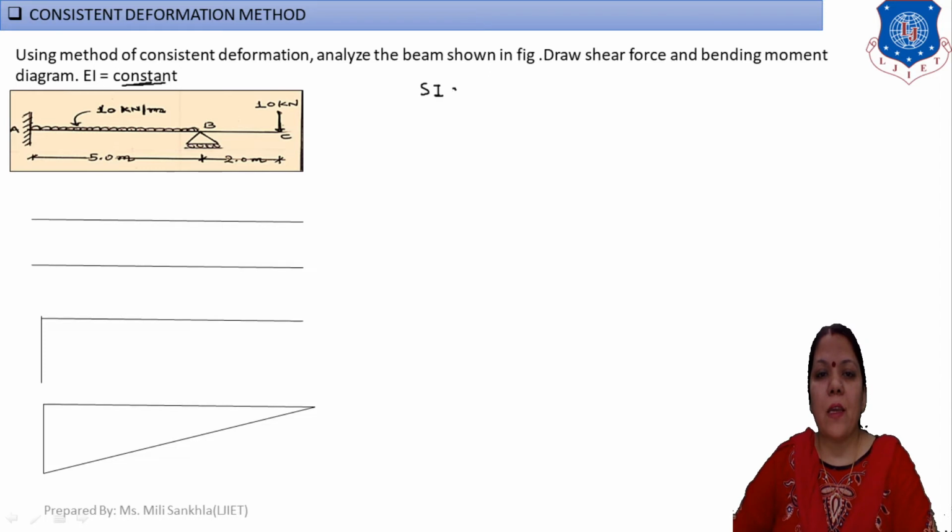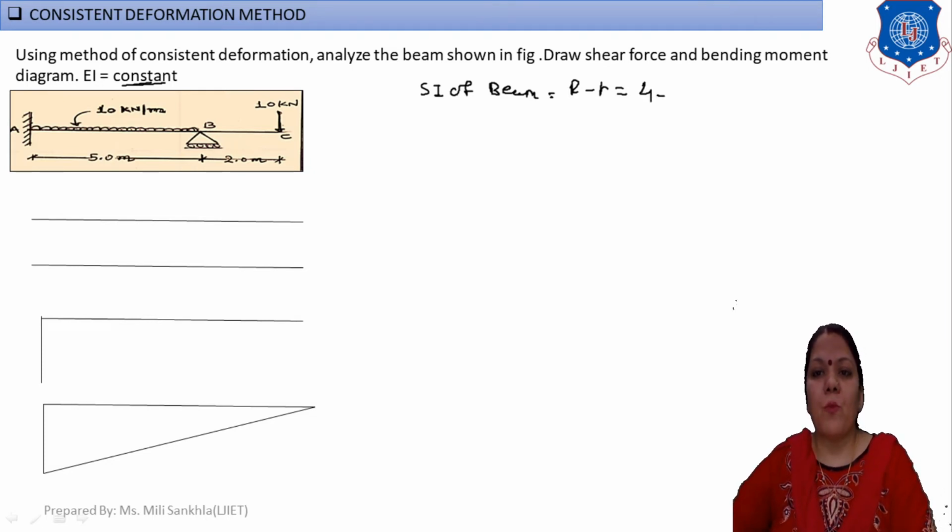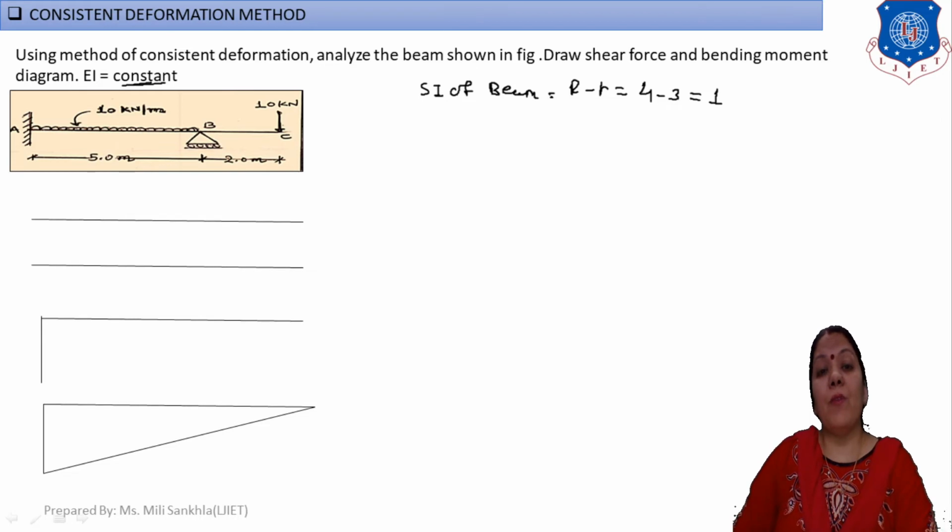Now what is the first step of this propped cantilever beam to solve by the CDM method? Find out the SI of the beam. This is our first step. Write down: SI of beam is equal to capital R minus small r. This is a fixed support, that means 3 reactions, and this is a roller support, that means 1. 3 plus 1 is 4. Small r is our equilibrium condition, 3. 4 minus 3 is equal to 1. That means this given beam is statically indeterminate to the first degree,